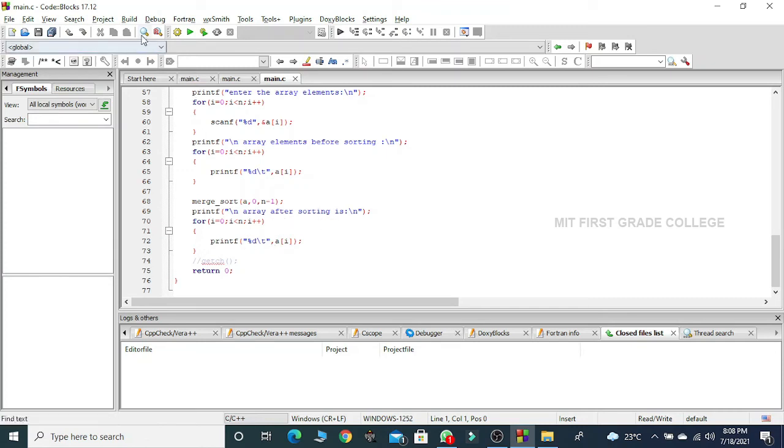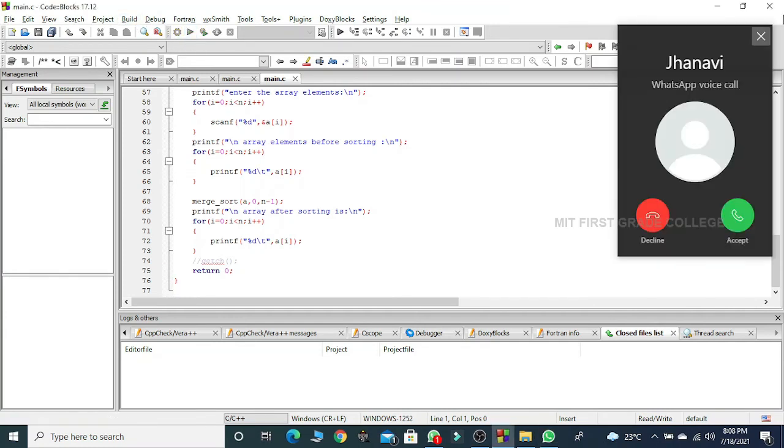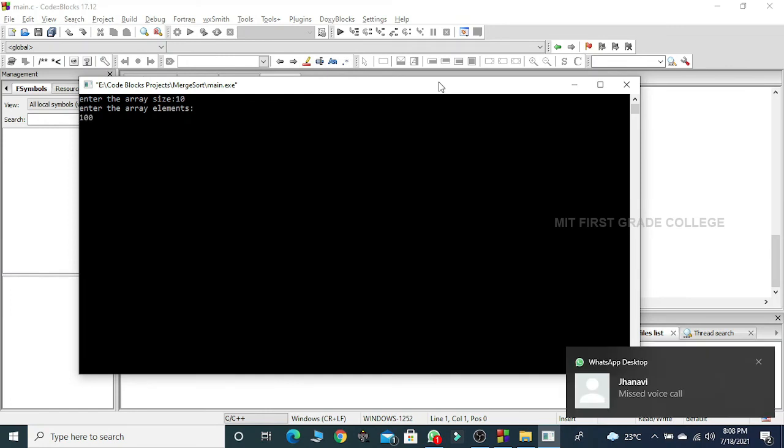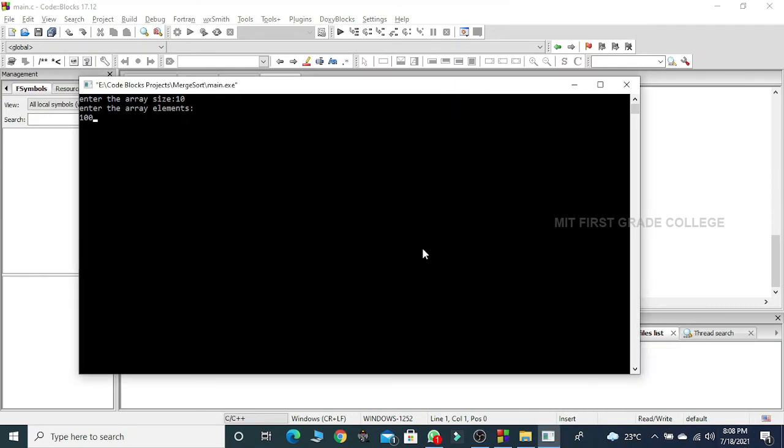Let me run this program and check how the output works. Let me choose the array size. Let me set the array size as 10. Let me enter the array elements. To always check a program, it is always good to give the worst possible input.